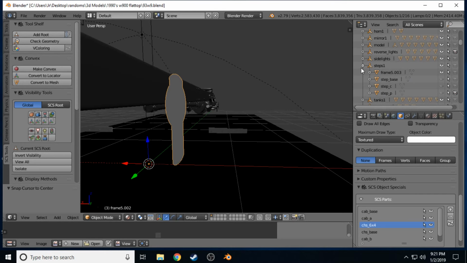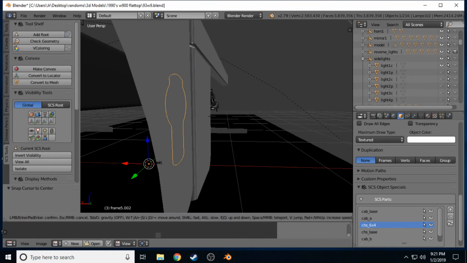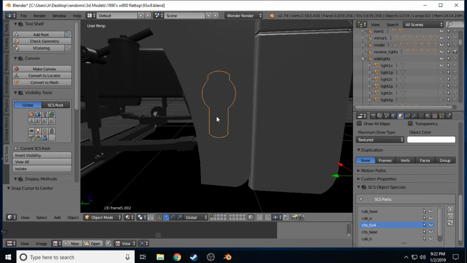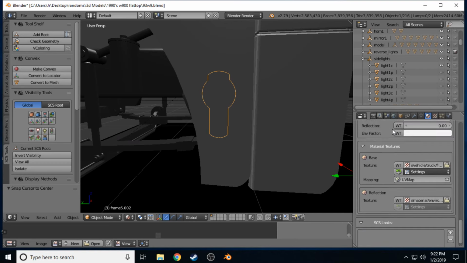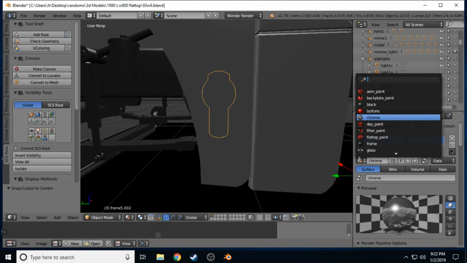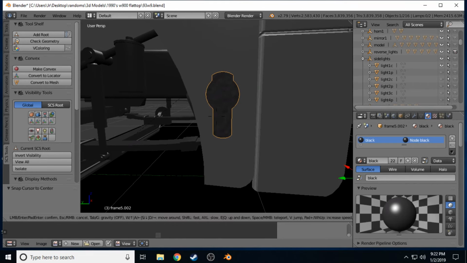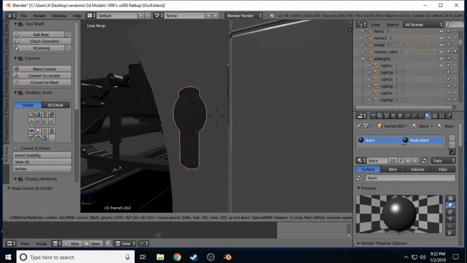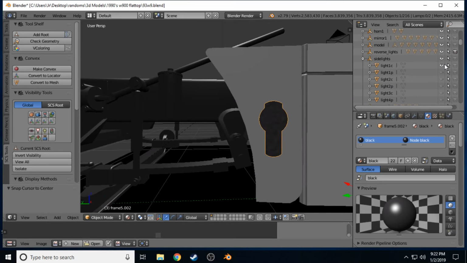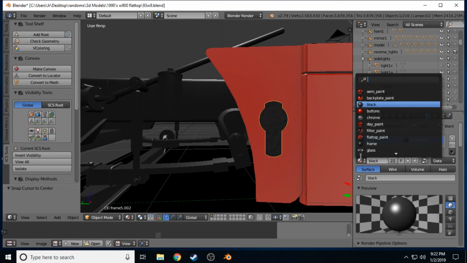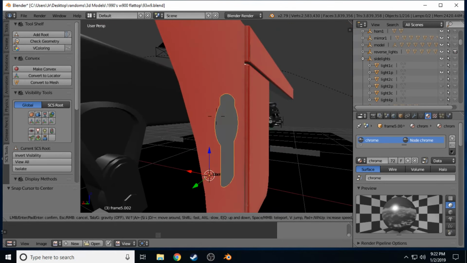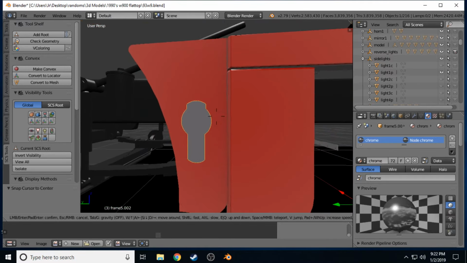I'm going to come up here to side lights and do chrome. It looks like it is right on the outside, but to be sure, I'm going to change the material to material I can see. It is. Okay. You can see that it's on the outside. Could have used the paint one, as seen here. I could have left this chrome, and you would have seen that. But I didn't, so